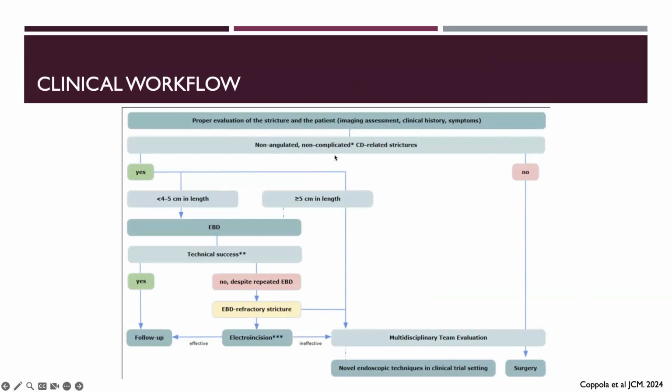So again, if you have a non-angulated, non-complicated Crohn's-related disease stricture, if it's greater than 5 centimeters in length, some of them can consider balloon dilation if it's done at a center of expertise, but most go to multidisciplinary team evaluation and surgery or one of these novel techniques. But for those that have short strictures that undergo dilation, if they're successful, great. But if they're not successful and they're refractory to balloon dilation, that's when consideration of electroincision